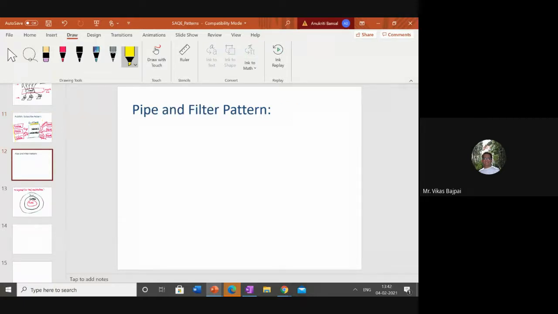Let's take another one, which is your pipe and filter. A very simple architectural pattern.